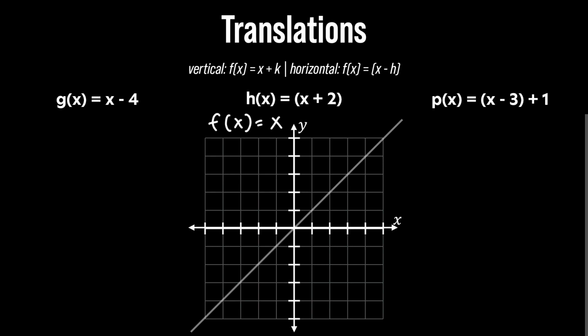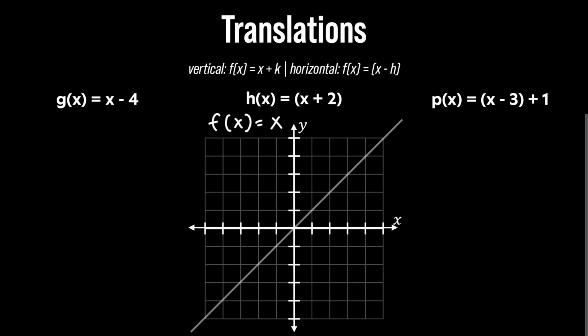The parent function is the graph to which for every x input, the y input is the same value. So for x being equal to 1, y is 1, x being 2, y is 2, and so on and so forth. And this parent function makes a simple linear line spanning across the graph, with the x and y intercept being 0, 0. So translations are variations of this parent function in accordance to whether the graph is shifted